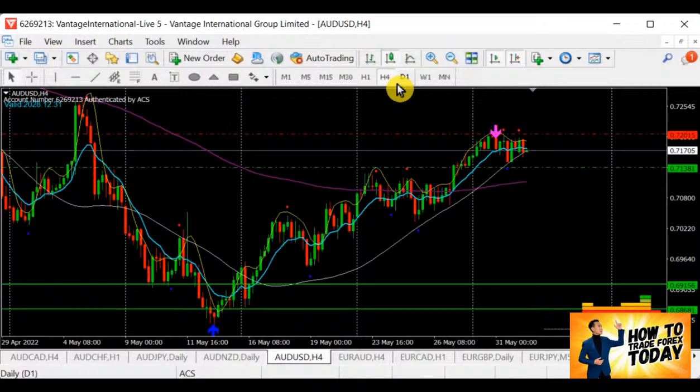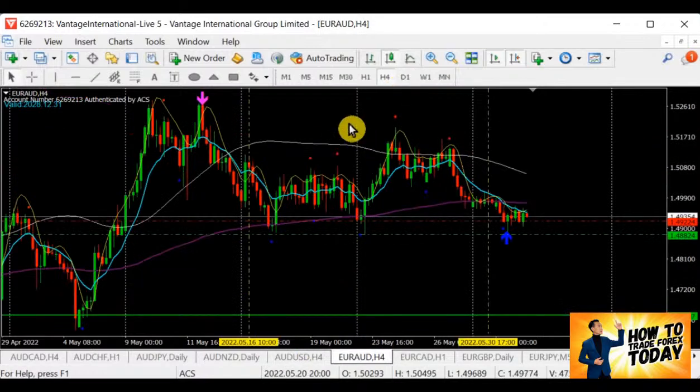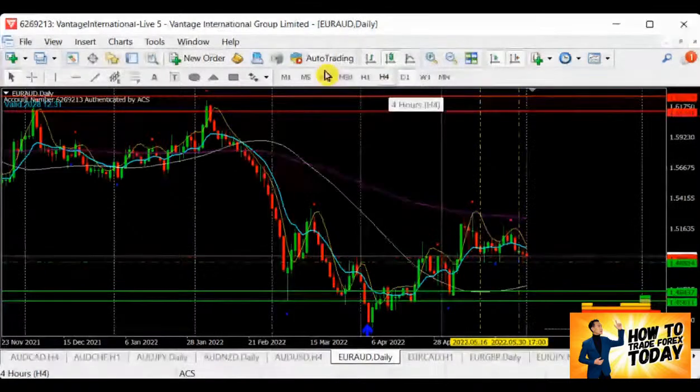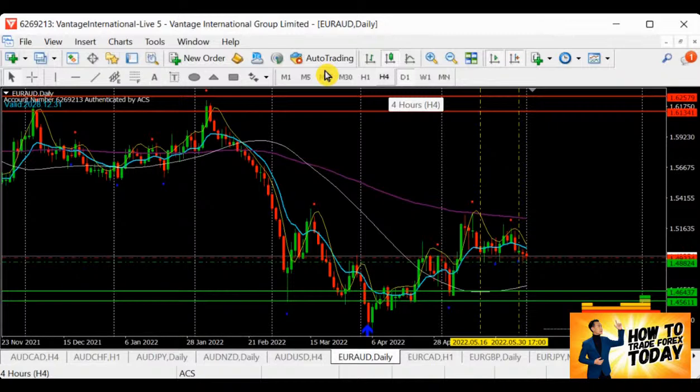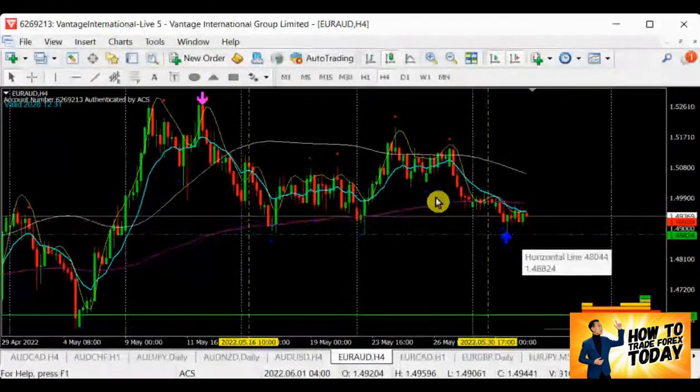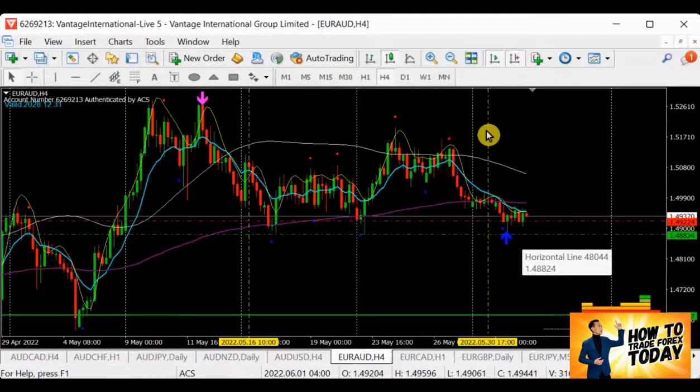All right. So over here, let's go into Euro Aussie. Euro Aussie is now retesting the support. So for Euro Aussie, are we looking out for a bull or a bear? Tentatively, I am still looking for a bull. Right now we are at the support. If this support has been tested and becomes a buy like this, most likely buying is possible. So I'm not going to touch this.